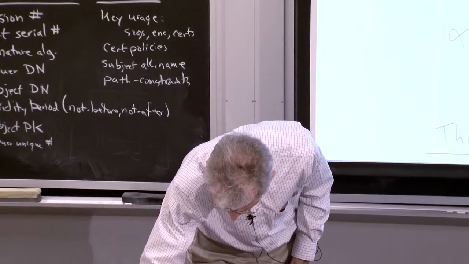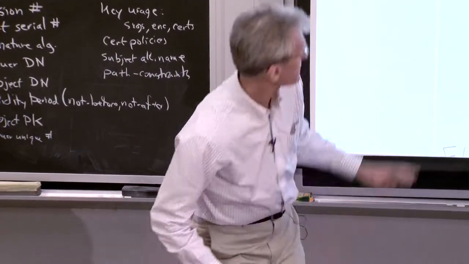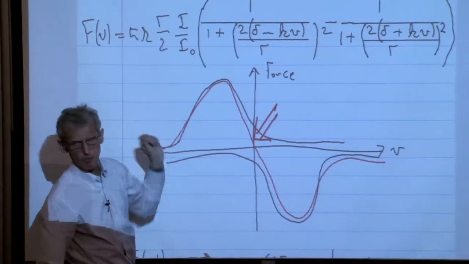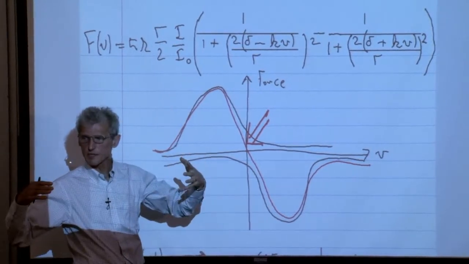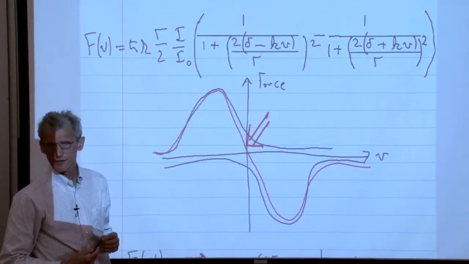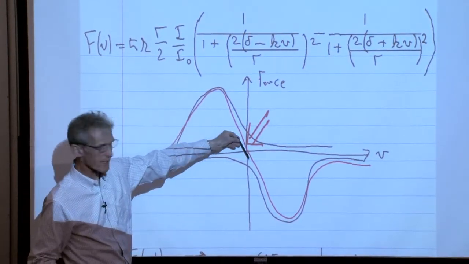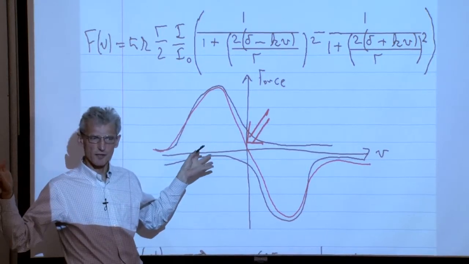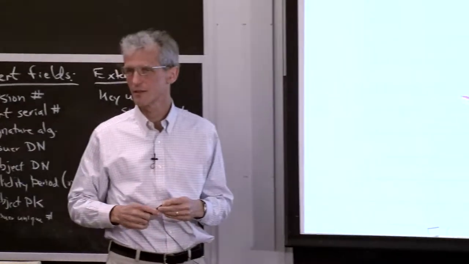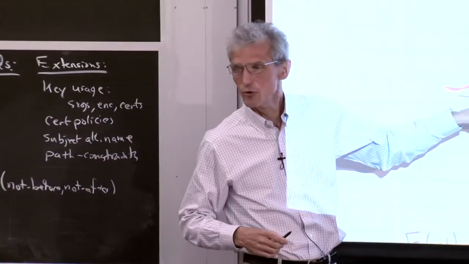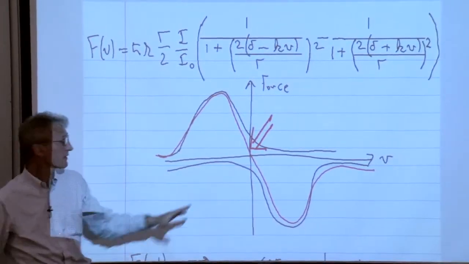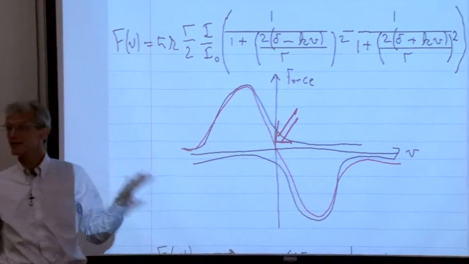Maybe the key figure to remember is this one. When we have two counter-propagating beams, by just adding up the spontaneous light force of the two beams, we get the red curve, force versus velocity. And the expert eye immediately sees there is a linear slope, and that's a viscous force. This is the viscosity of light interacting with atoms. Of course, you better pick the detuning correctly. If you use the wrong detuning, everything is flipped upside down, and instead of a damping force, you have an anti-damping force.